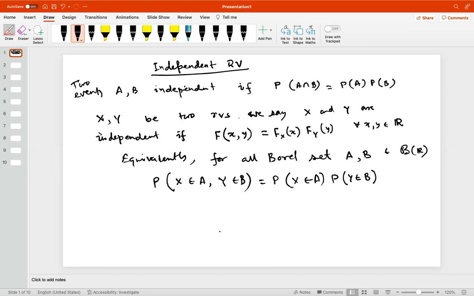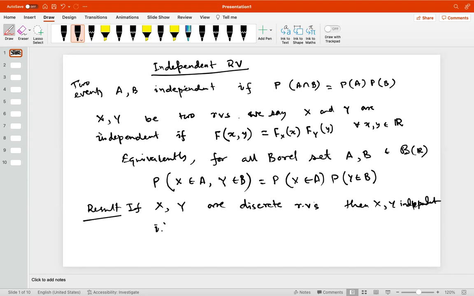And for the discrete type, the result is this: if X and Y are discrete random variables, then X and Y are independent if and only if,